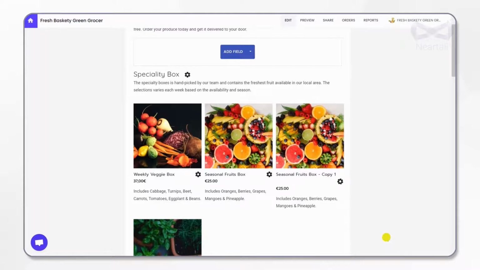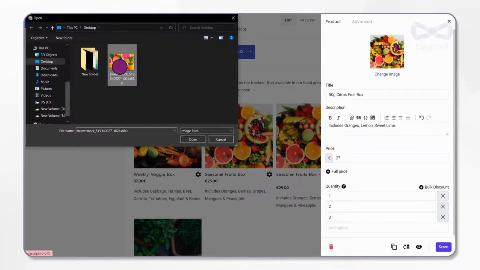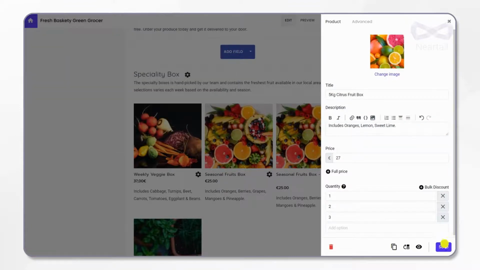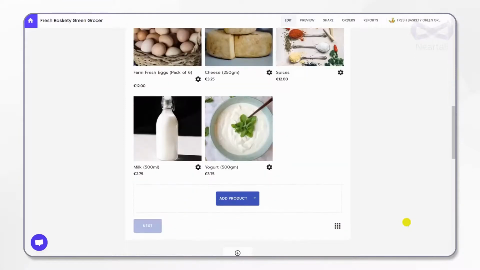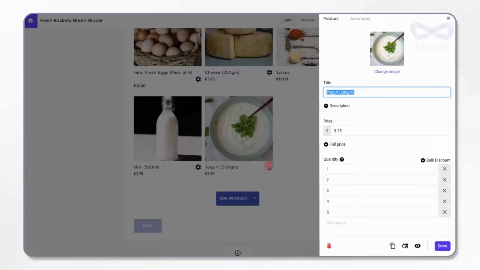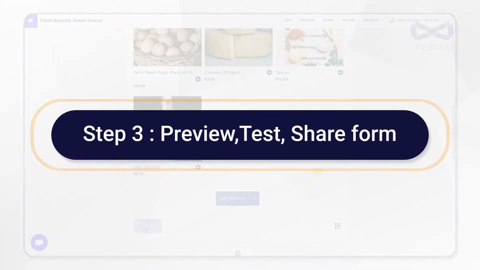Once it is added to the order form, you can change its title, description, image, and its price like before. This new product has been successfully added to the listing. You can now add any number of items that you have for this week's sale. Now that you know how to add or change items, you can also delete the items by clicking on the trash bin icon under each of the listings here. Okay, now let's move on to step 3.